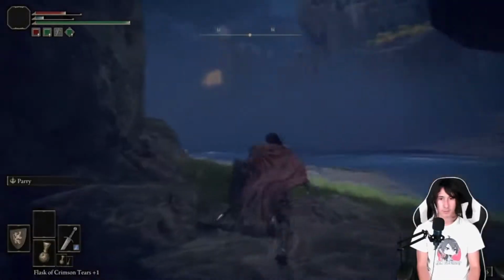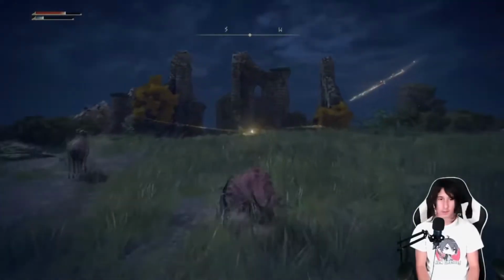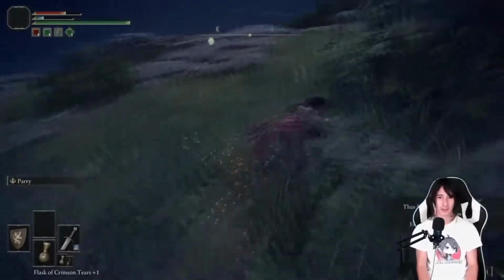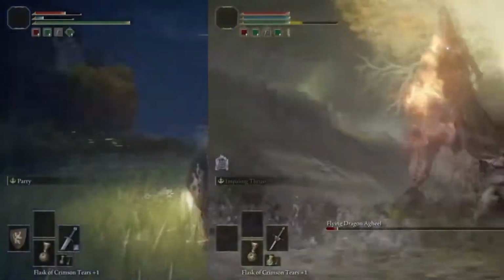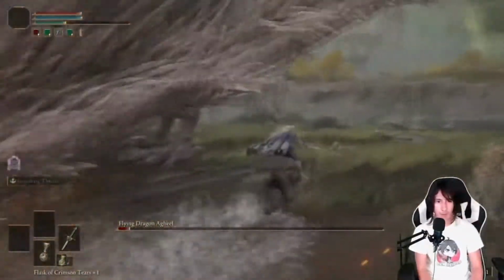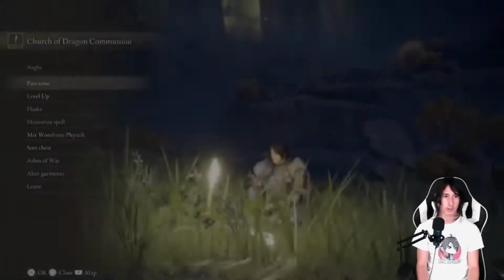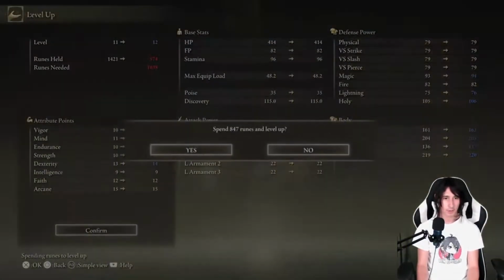Either way, we make our way to the island that's off the coast, and what do you know, it's a Dragon Communion place. But unfortunately, we can only grab one type of Dragon Communion here, and the only way to do that is by defeating Agheel, which we will have to do later on because we don't have a strong enough prowess yet. Either way, we are going to grab Dragonfire eventually with our Dragon Seal, but now I think